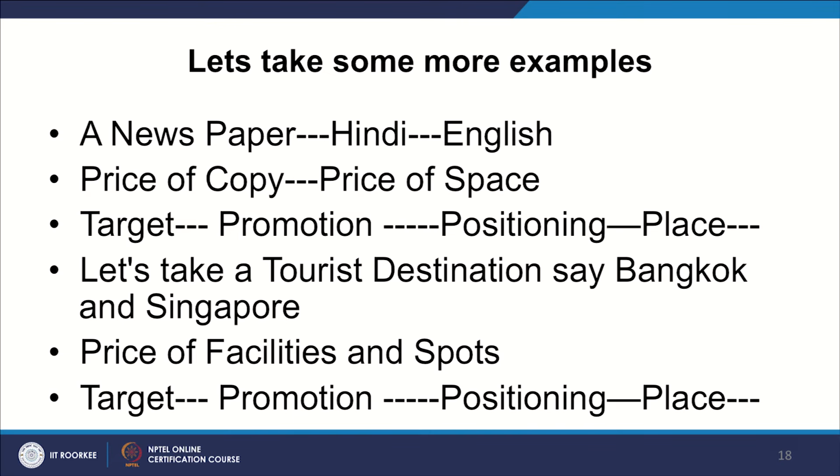Then there are specific elements of target customers related to a particular newspaper. For example, it is a Hindi newspaper, so definitely Hindi readership is associated. It is an English newspaper, so English readership is associated with that. And then it depends upon how many people are reading one copy of that newspaper. That is where the readership perspective comes in. How do you promote a newspaper for advertisers as well as readers? And then how have you positioned that? And if you have positioned that, where do you want them to read? Do you want them to read the newspaper digitally, or do you want them to read it physically?